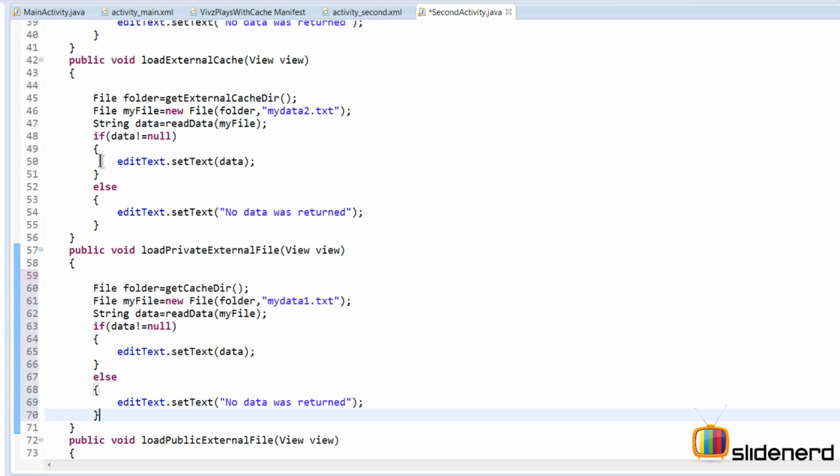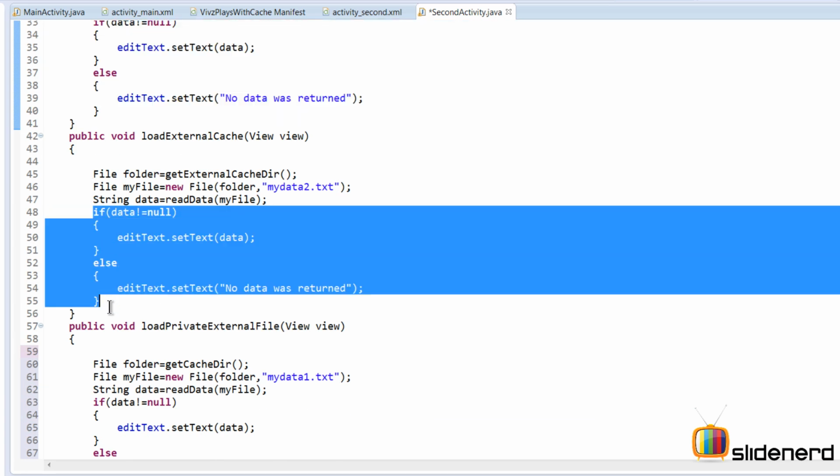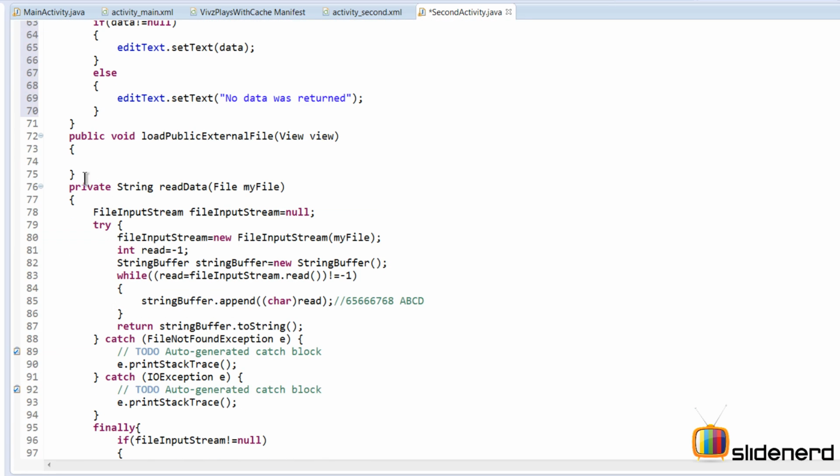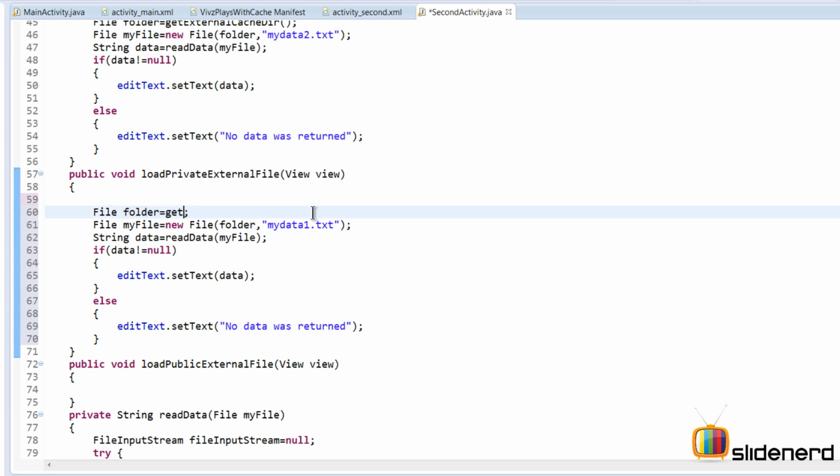Now there is one bad thing I'm doing, and that is this if else condition being copy pasted everywhere. What I should actually do is make a separate method here that takes care of that, but right now I'm just too lazy for doing that, so I'll repeat my copy paste stuff. So load private external file. Here what I want to do is call